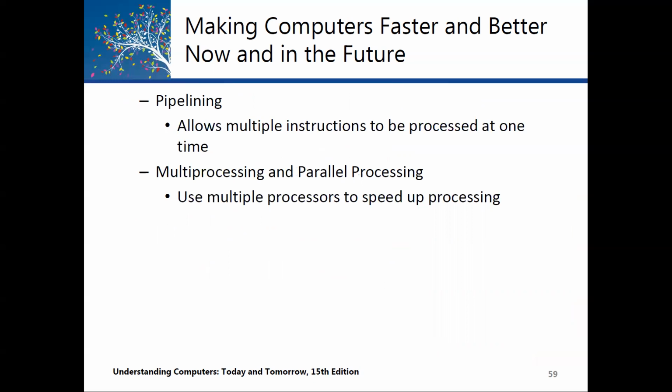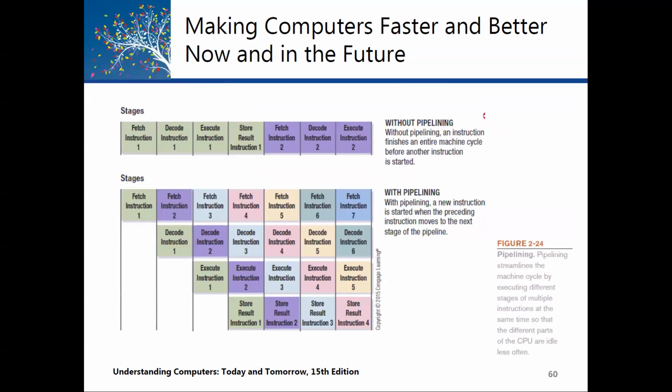Pipelining allows multiple instructions to be processed at once. Let's have a look at this diagram. If we do not implement the pipeline, what will happen? We already know that to process one instruction, in one machine cycle, it does fetch, decode, execute, and store. So this has to be completed, and then the next instruction, in the next machine cycle, will be